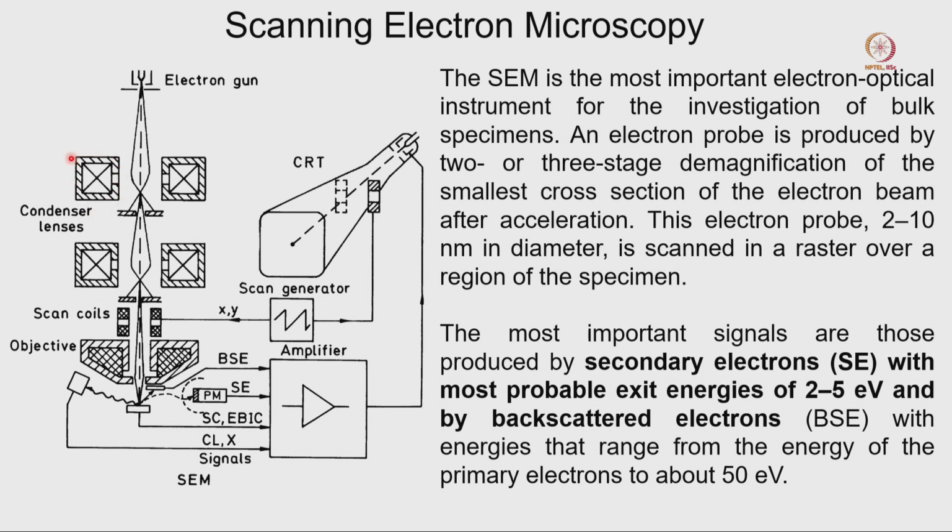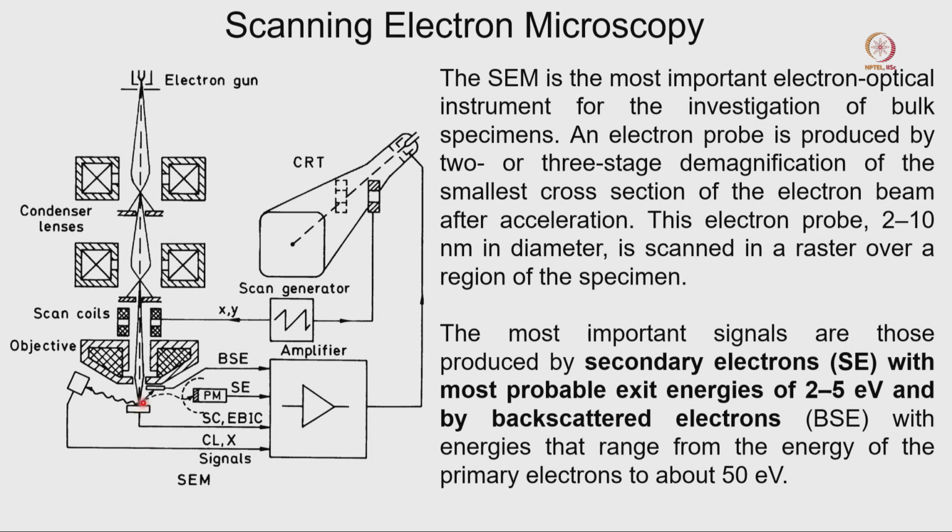We can see the condenser lenses, there are two condenser lenses here and one objective lens. In any type of electron microscope you can see this kind of architecture, with a two condenser lens system and then one objective lens system. In the transmission electron microscope it will always come like condenser lens, then objective lens, and the rest of the lenses. But here our sample is somewhere here, where the electron beam comes from the condenser lens, then the objective lens, and interacts with our thick sample, and there is no need to transmit the electrons through the sample.